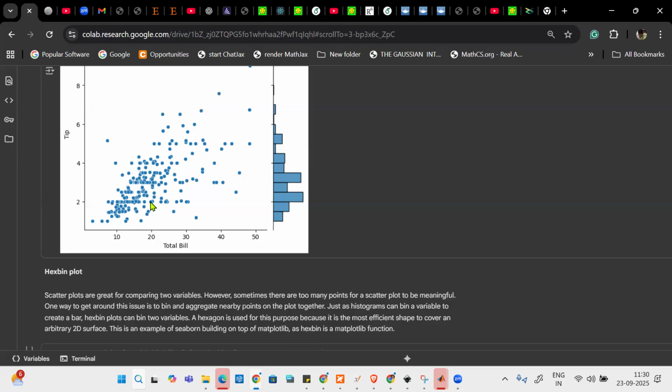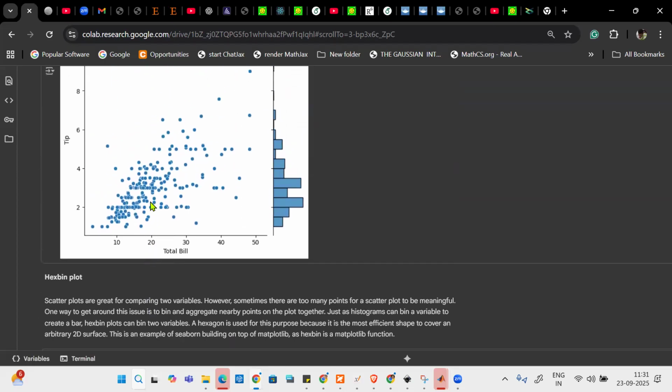So hexbin plot only comes when you have a bivariate distribution, when there are two variables. Hexbin plot doesn't make sense if you have a univariate plot, because you only create a hexbin plot when you have two variables, x and y. Okay, so therefore you can see from this plot,